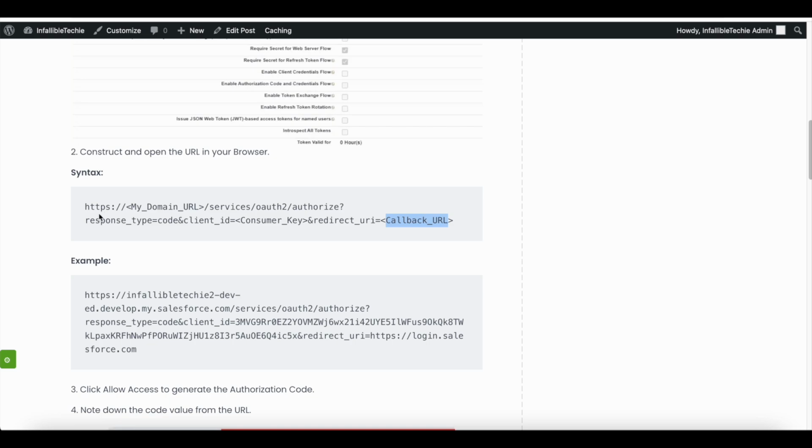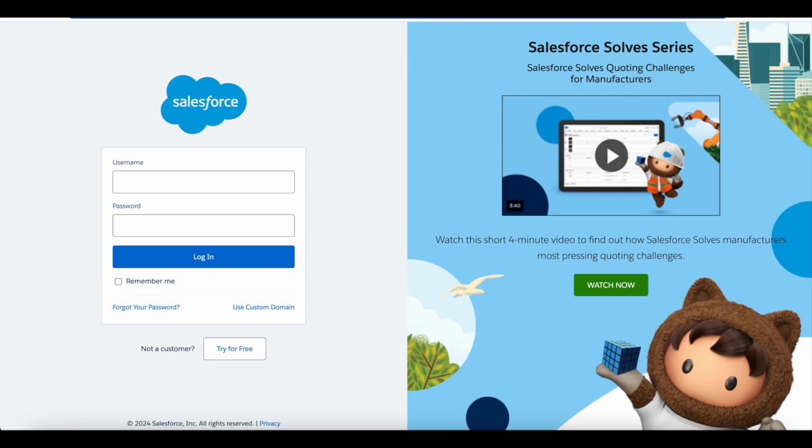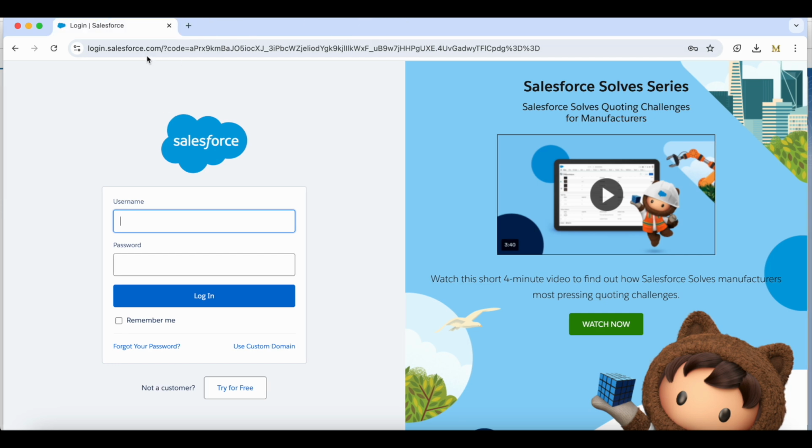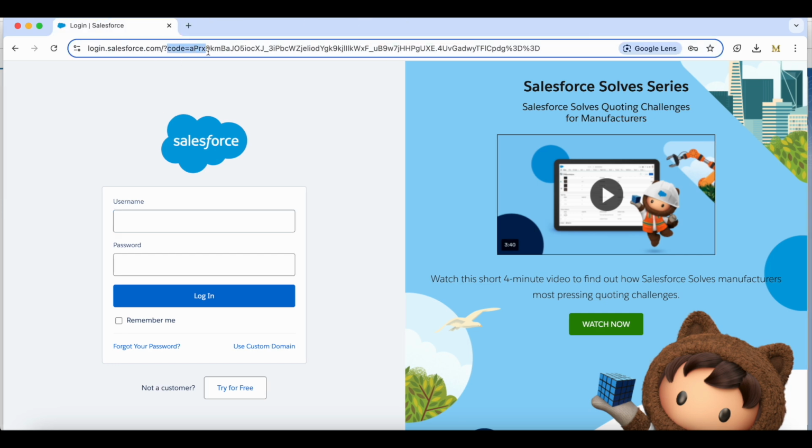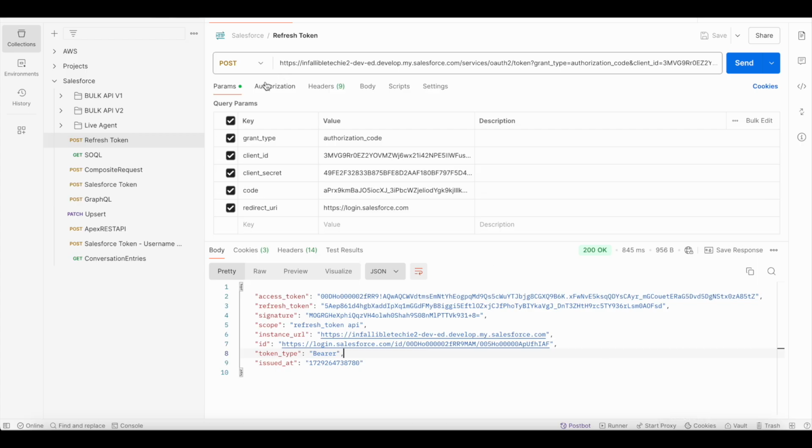Once you open this particular link in your browser, it will open your callback URL, and then it will give you a code. Get this code. Here the tricky part is this %3d. This is equal to. In URL, if we use equal to, it will convert that into %3d. So when you make a post request to your my domain Salesforce URL /services